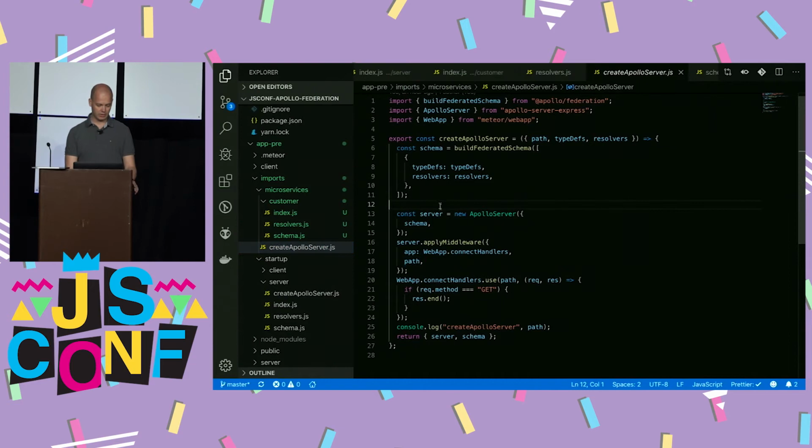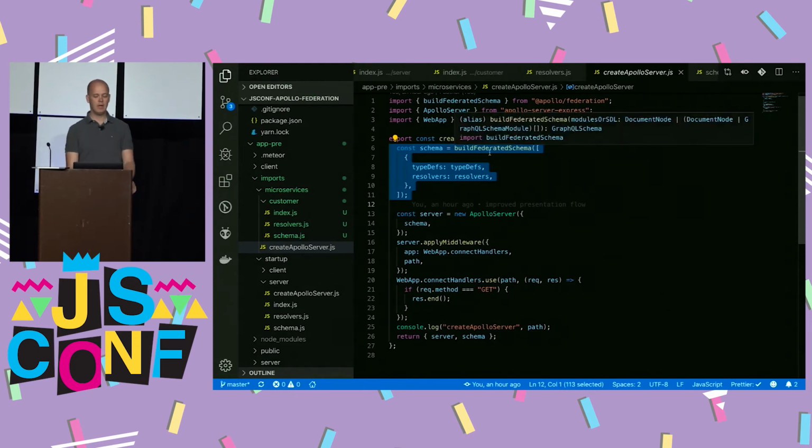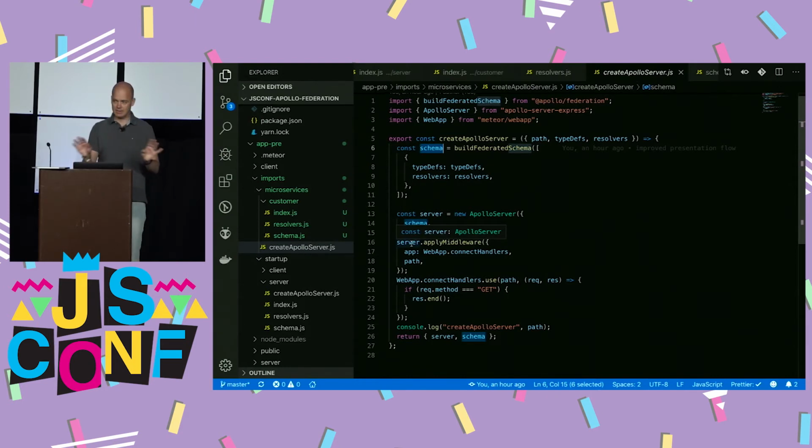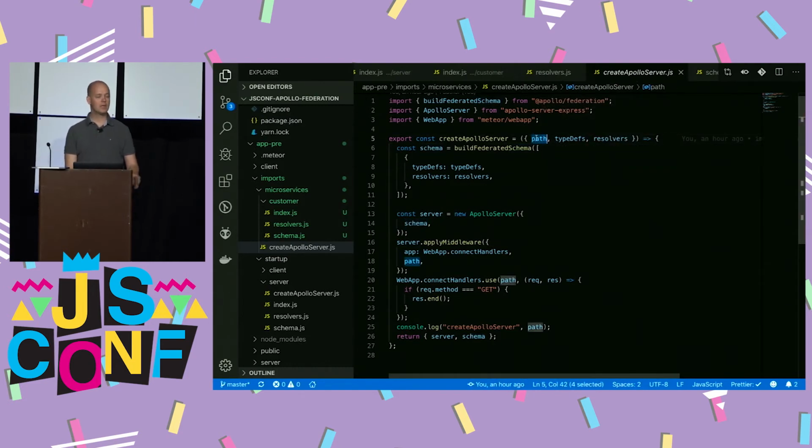As you already saw here, this is a function I wrote before, which is just the same Apollo server creation that we saw before, with 2 exceptions. We build the schema first as a federated schema and use that schema then to start the Apollo server. That's the only thing that's changed here. Not true, there's one more thing. I pass in a path because we need to expose this new schema somewhere in this example. You would kind of need that anyway, but if you really have different code bases,